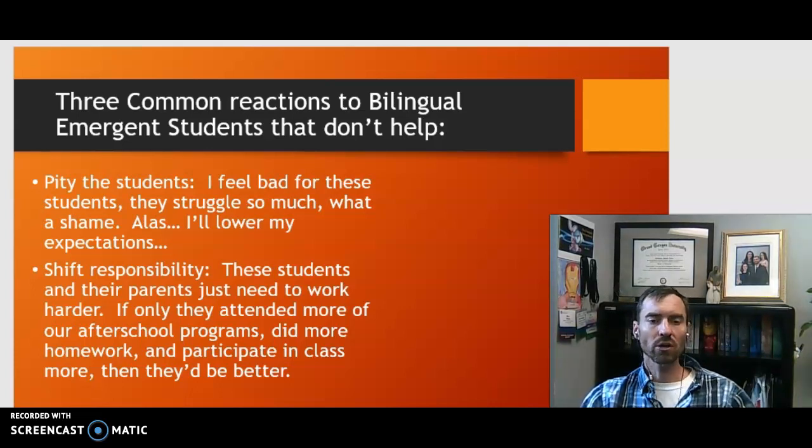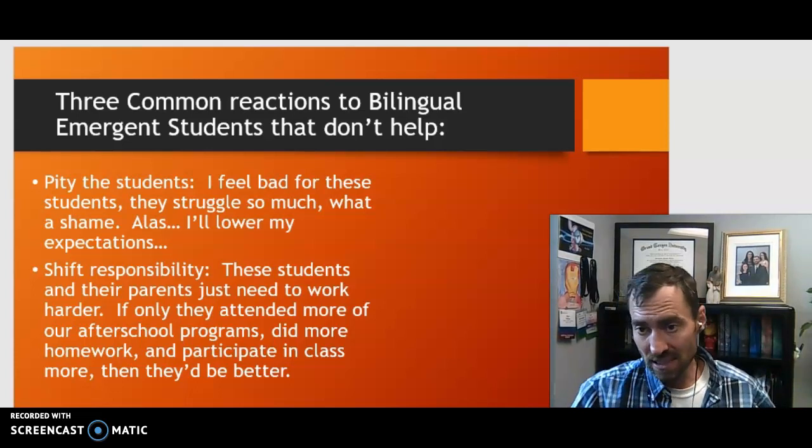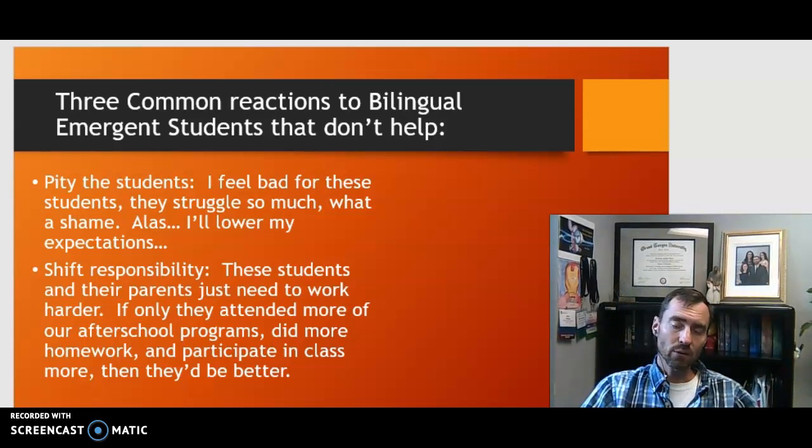That doesn't help them to learn. It doesn't help them to be successful. It makes it easier for you because you're not struggling to teach them something and trying different creative ways to do it, but it doesn't help them. Maybe it makes it less frustrating for them, but it's not helpful.